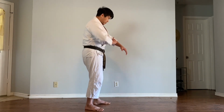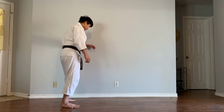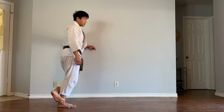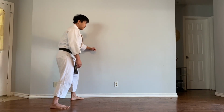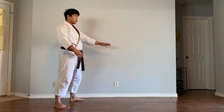Think of like circles here. That's gonna allow you to hold on and brace onto something, right? So if I'm holding myself up like this, I should be able to use my anatomical structure to kind of hold myself up, right? So I'm holding like this. If I feel like I'm straining to hold myself up, it means like I'm using too much arm and I'm not using my,